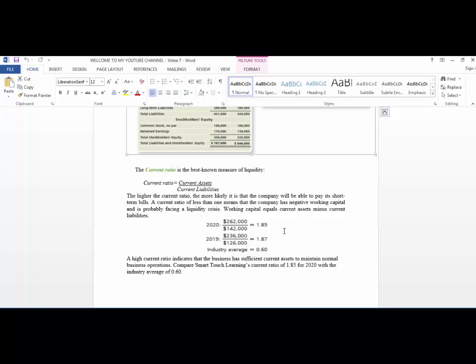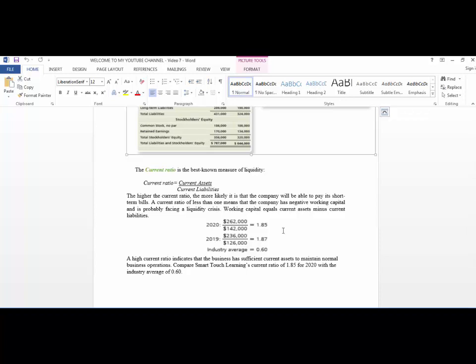For example, if the current ratio is higher, it means the company has sufficient assets to maintain its normal obligations. And if the current ratio is less than 1, it means that the company does not have a sufficient amount of current assets to maintain its normal business operations. But here in 2020 and 2019, the company has sufficient current assets to maintain its normal business operations. So I can say that the current ratio in 2020 and 2019 is much better